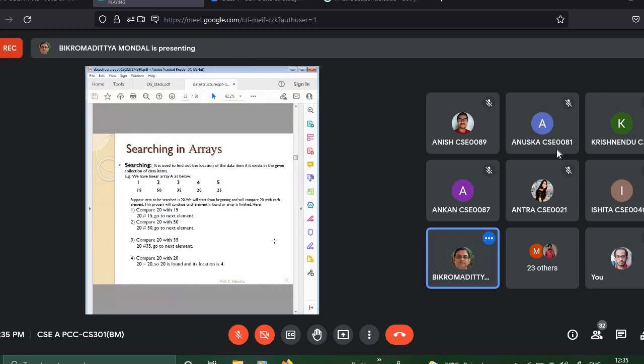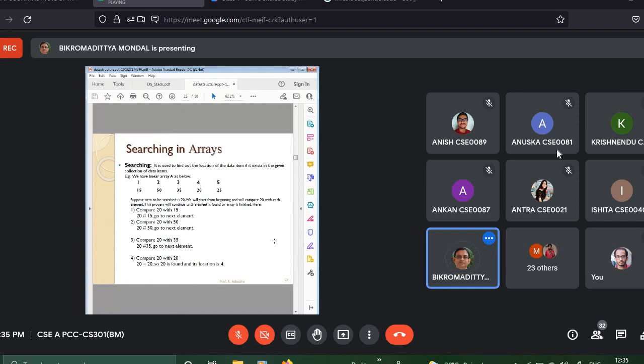Now comes searching. So searching already you have studied, you have done programming, and also in last class we have discussed a little bit. So searching means we can say it is finding the location of any particular element if it is present.